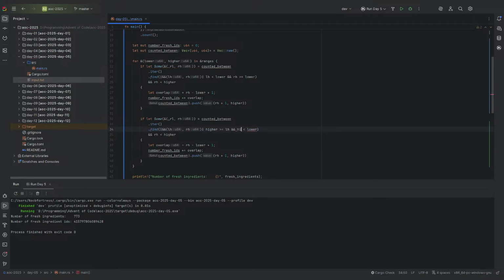But higher is less than this thing's top bound. And now we need to make sure its lower is actually